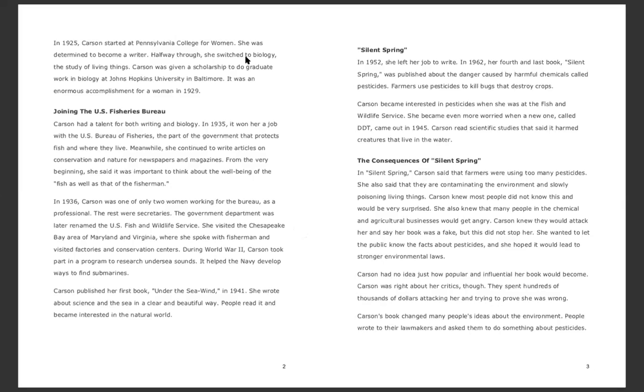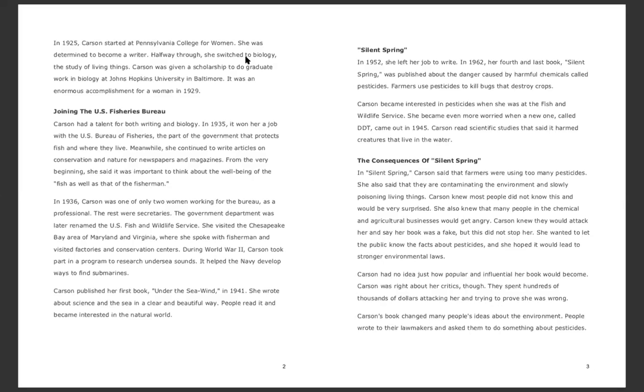All right, so far we know that Rachel Carson went to college and received a scholarship to do graduate work at Johns Hopkins, which was a huge deal. So that's probably super important. We also know that she worked a job at the U.S. Bureau of Fisheries, and she was one of the 2 women that worked there as a professional rather than a secretary. So I definitely think those are 2 important details.